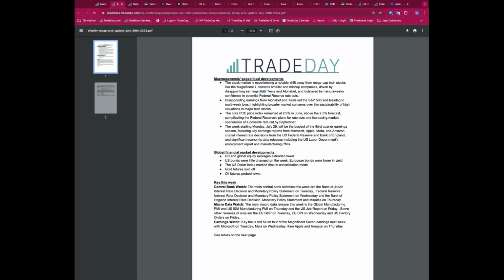They've been stretched, they've been on a tear. Nvidia, for example, was up over 50% at one point, just this year alone. So a correction of that is quite normal, and maybe a rotation, with some of the other stocks, the mid cap and smaller cap stocks, playing catch up. That was the flavor of the day for about 2.5 weeks now,